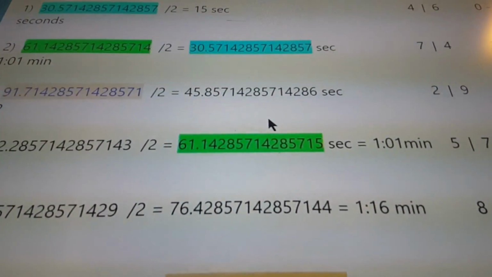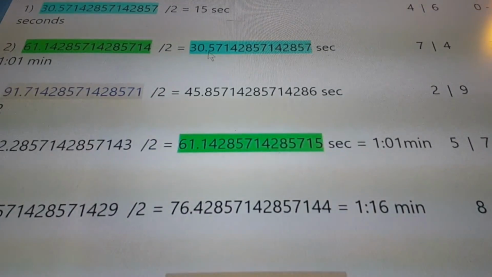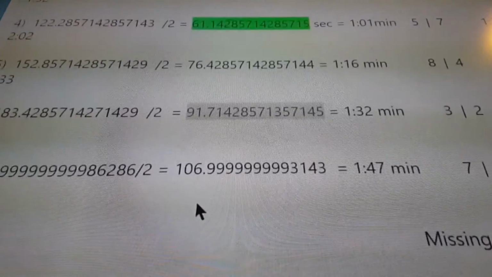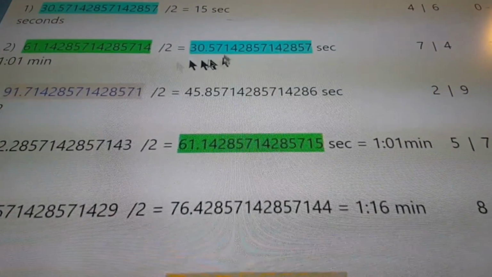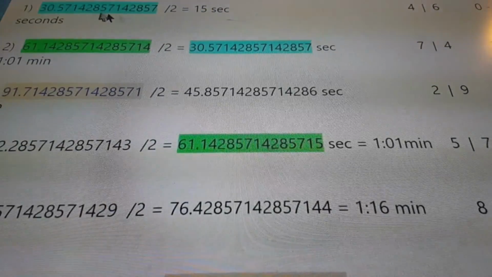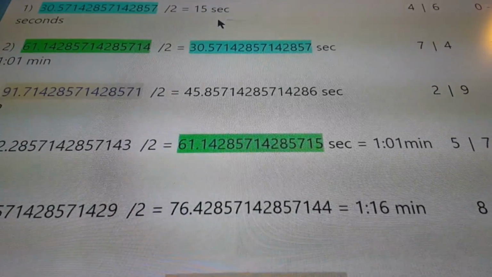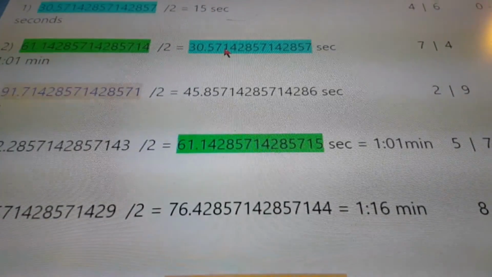So we are on the second layer, which I just called the code markers on this section. We already went over these first code markers. We simply divide by 2 because 2 is all over this video. And then we get the 15 seconds and the 30.57, 45.8, 61.14, and so on. And you'll instantly notice that, because you're dividing by 2, line 1 and line 2 match. So this code tells us that at line 1, meaning the 15-second marker, and this line at the,